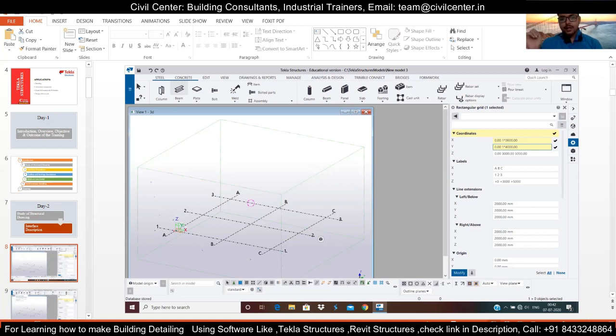Sir, sign in. Then we have the Be Honest Indian with us, and he's saying, sir, sign in problem in installing Tekla in Windows 7. Actually, Windows 7 is outdated now, and Tekla is such a software which keeps updating itself. So it's better if you go for Windows 10.